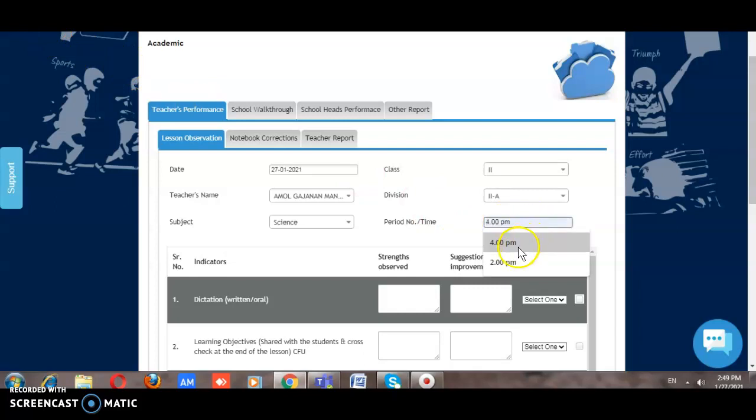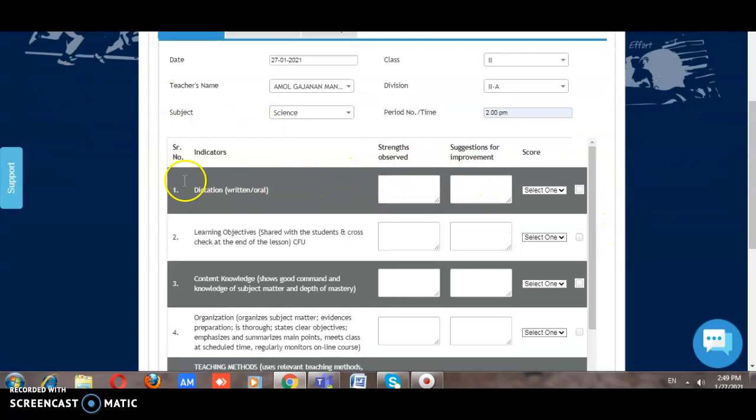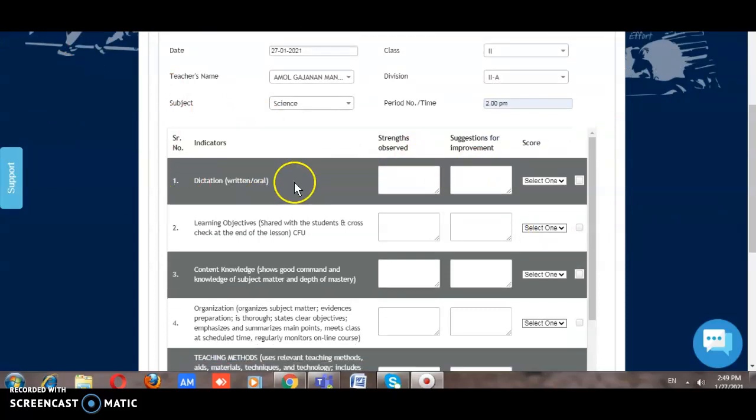The period or the time can be written manually. Now we have different indicators or different parameters. The observer has to simply first select the parameter that they are filling. Then you have to write the strengths observed and the suggestions that you have for improvement.